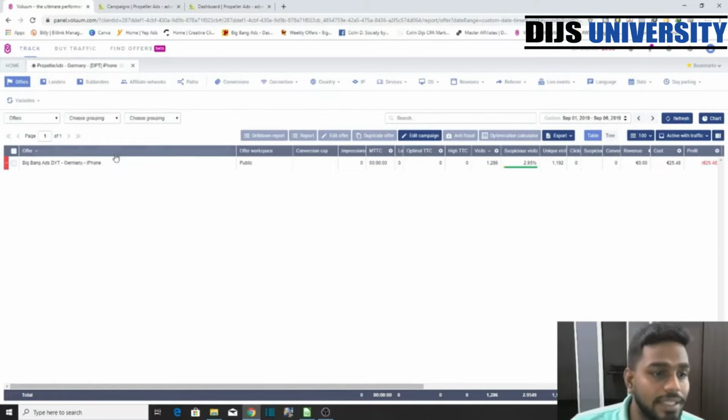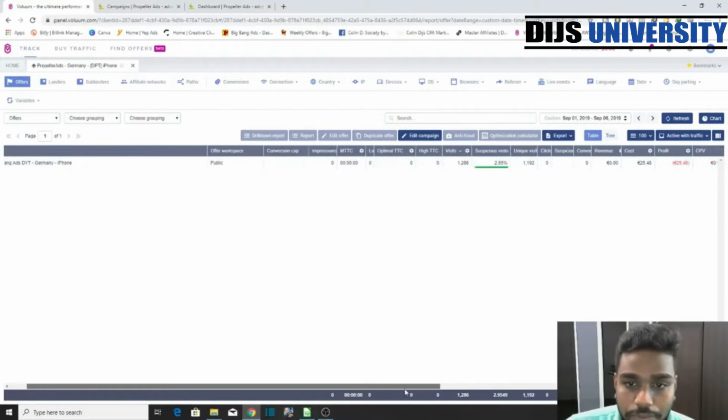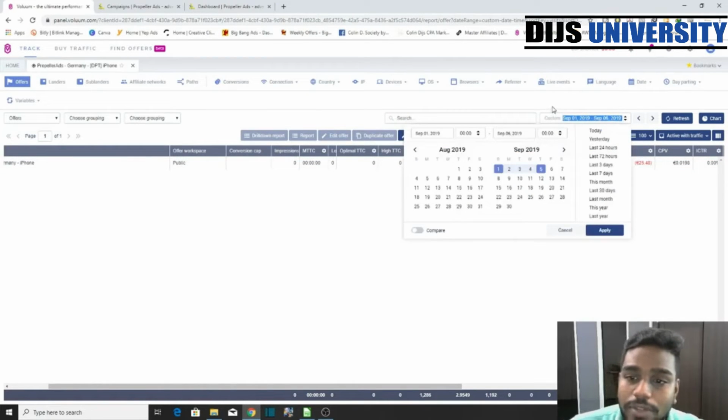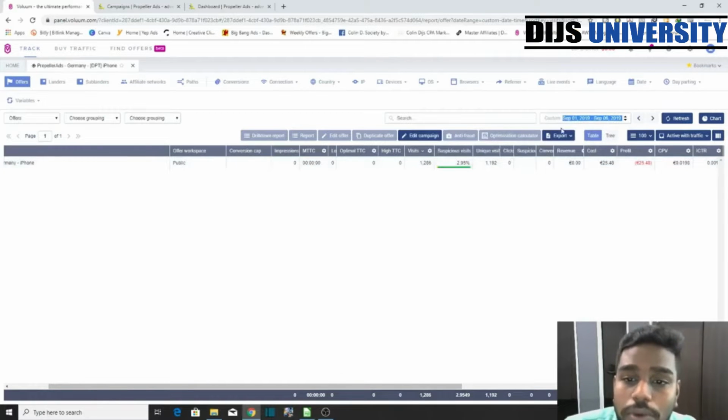As you can see, this is the campaign that we are going to analyze today. It's a Big Bang Ads campaign, Geo Germany, and it's an iPhone offer. As you can see over here, I've set the date from September 1st to September 6th. This is where the campaign was running. As you can see, the campaign has actually